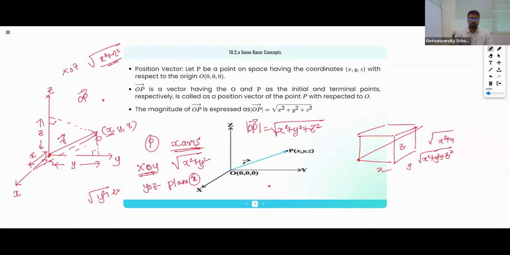Suppose it is at the origin, x is equal to 0, y is equal to 0, and z is equal to 0. Then the magnitude of that particular vector is 0. It is also called zero vector. We're going to see this in the classification of vectors. For now, try to understand